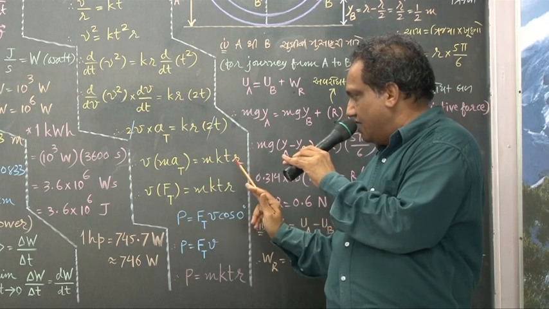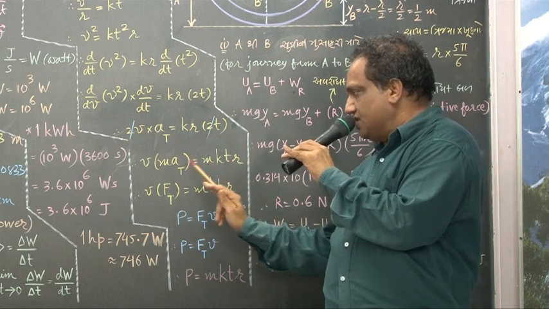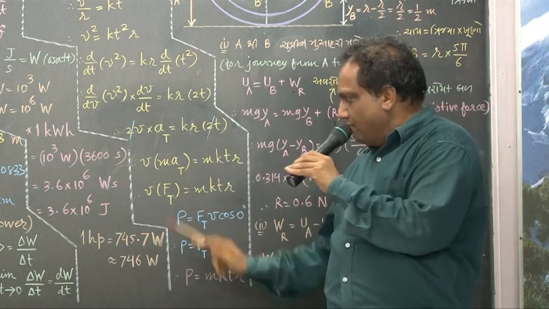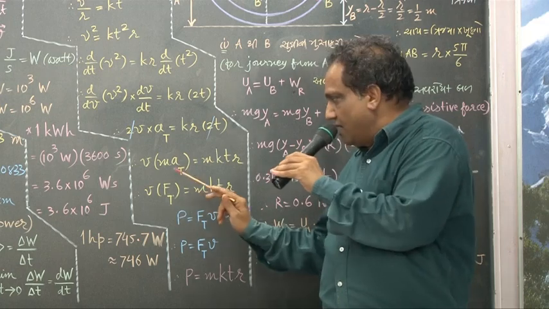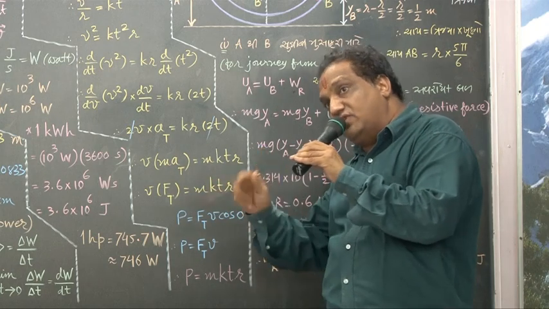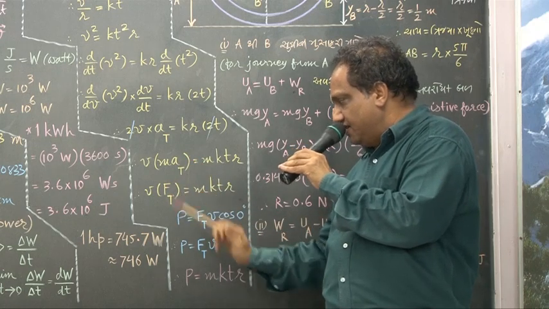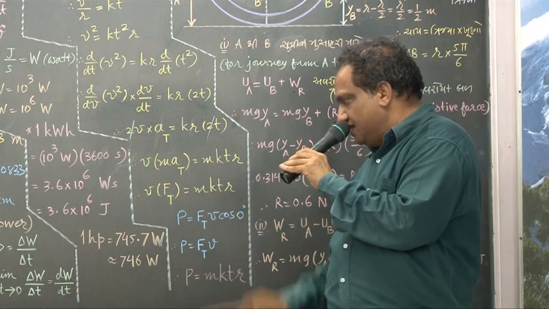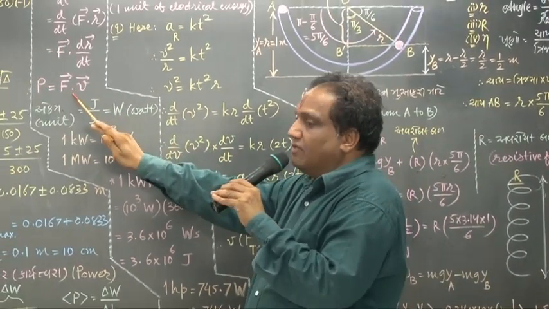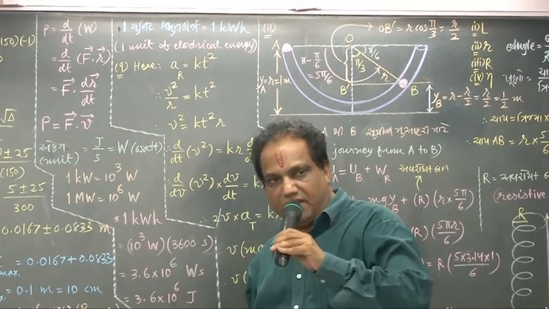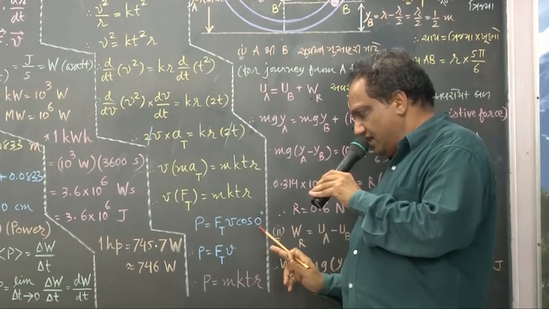What I have done is multiplied by m on both the sides. Mass into acceleration will give you force, but mass into tangential acceleration will give you tangential force. So this I replace by Ft. This m, k t are as it is. Now expand this. When you expand this, what is it? F v cos theta. Why is theta 0?